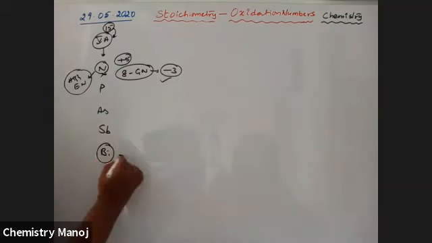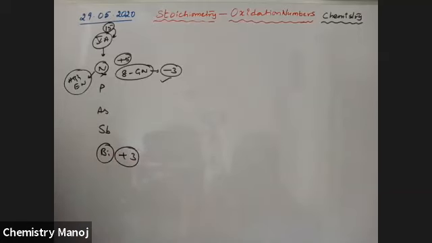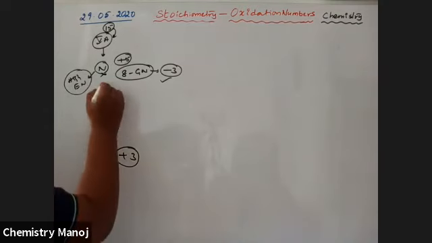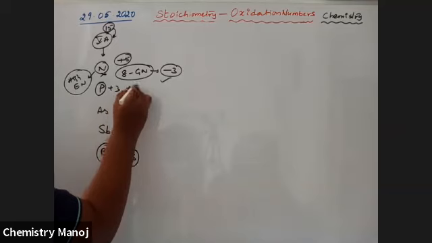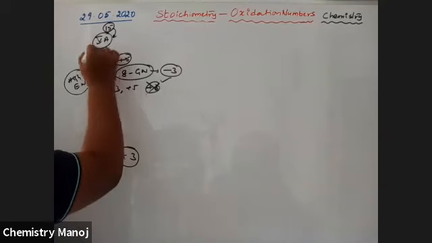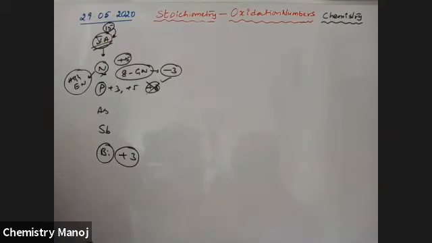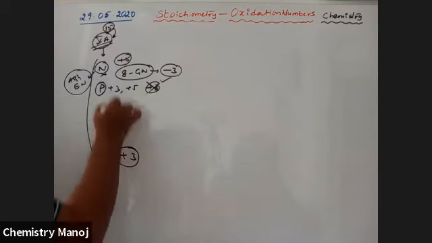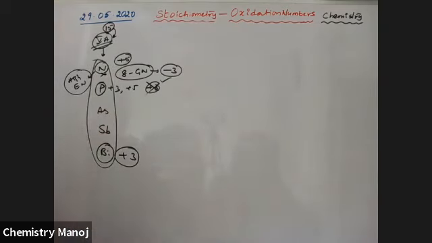For bismuth, stable oxidation state is plus 3. My dear boys, please keep in mind, these are known values. For phosphorus, plus 3 is possible, plus 5 is possible, plus 6 is not possible because it is 5A. So whatever element in the 15th group, their highest oxidation state is equal to the group number. Below that, values are accepted, but above that value is not accepted. Highest oxidation number.